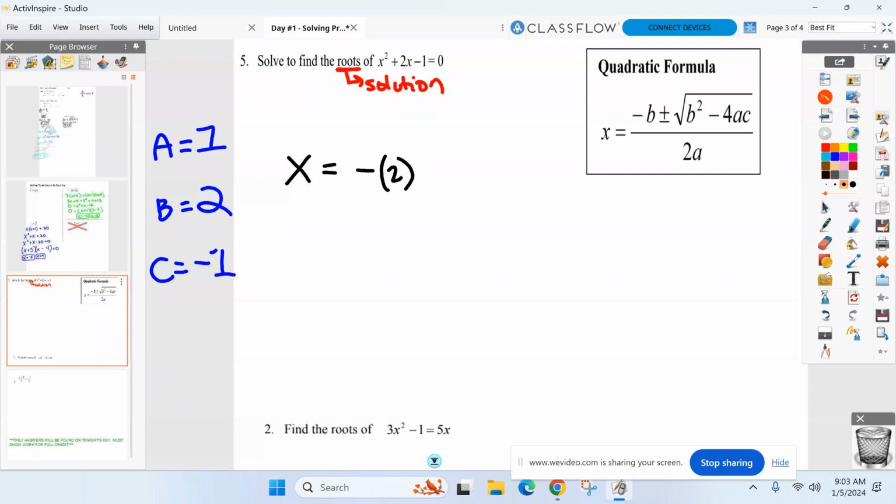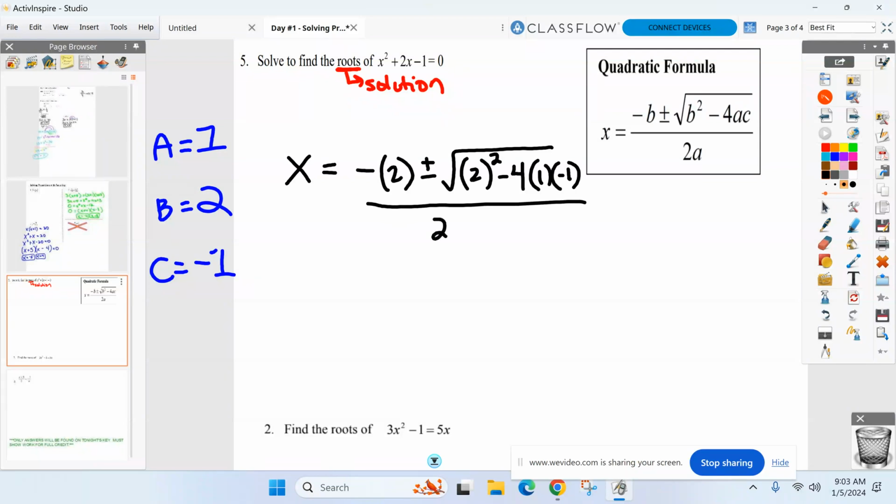Plus or minus the square root of B value, again in parentheses, squared minus 4, that doesn't need to go into parentheses, that's part of the formula. A, which is 1, put it in parentheses. And C, which is -1 in parentheses. Anytime you plug in a number, put it in parentheses. All over